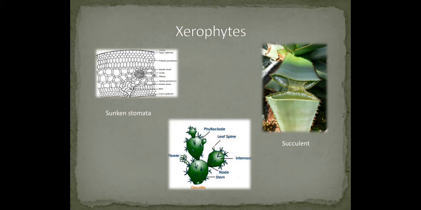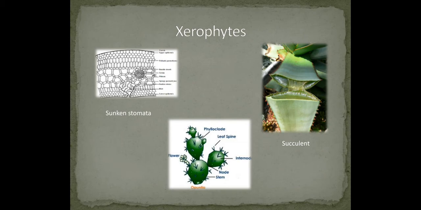When the surface area is less, there will be less transpiration, right? So their stem becomes photosynthetic. As you can see in the diagram over here, the stem is green. So this stem becomes photosynthetic. The function of the leaf, that is photosynthesis, is performed by this stem, and the leaf is reduced. The leaf is just in the form of a spine to reduce the surface area, or actually to reduce the